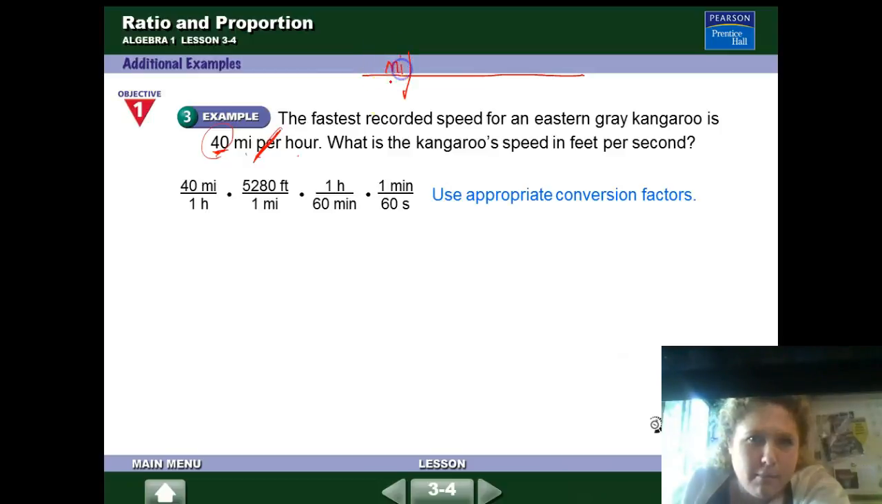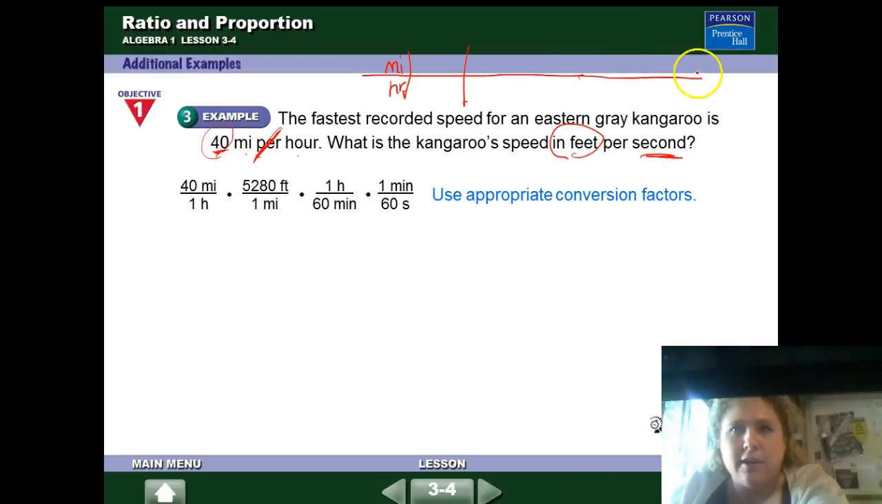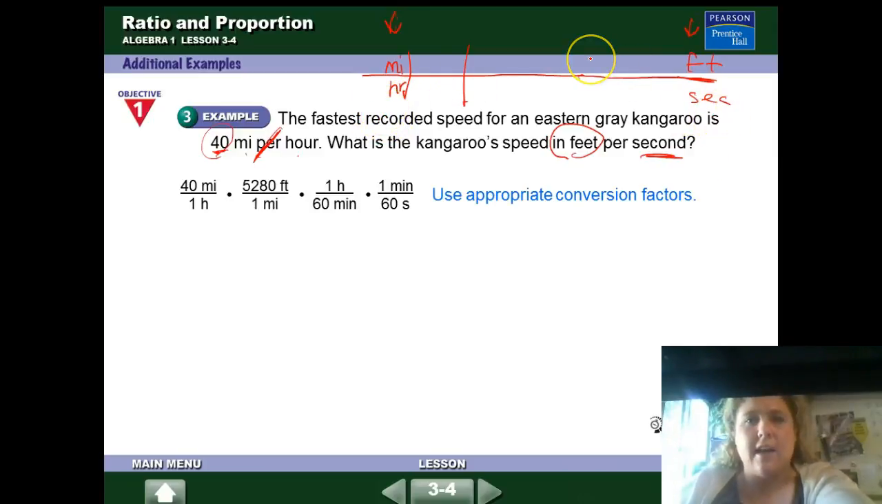40 miles per hour. And I'm trying to find what the kangaroo speed would be in feet per second. So at the end of my railroad here, I know I want feet per second. So I put in what I start with every single time first, and then at the end I write what I'm trying to get to. So my denominator needs to be in seconds, and my numerator needs to go from miles to feet. So we need to start creating